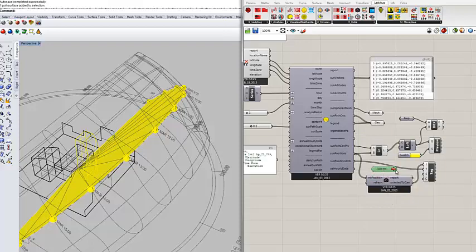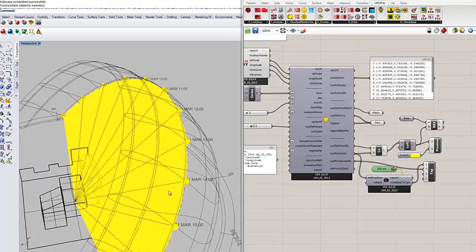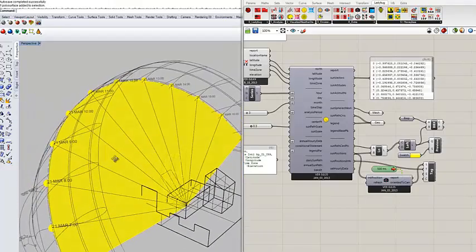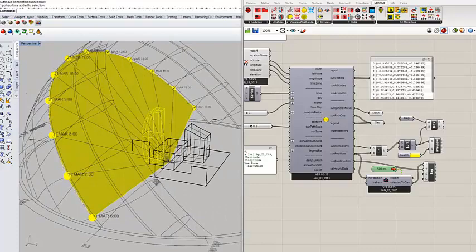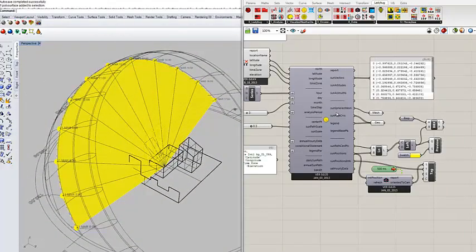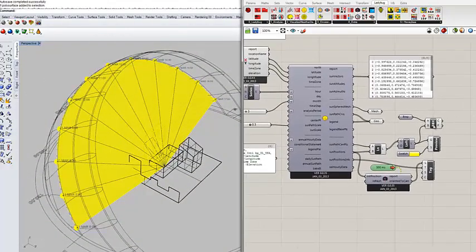Let's do it 500 milliseconds. And now, as you see, when I move it, it just follows it. So let me deactivate this one